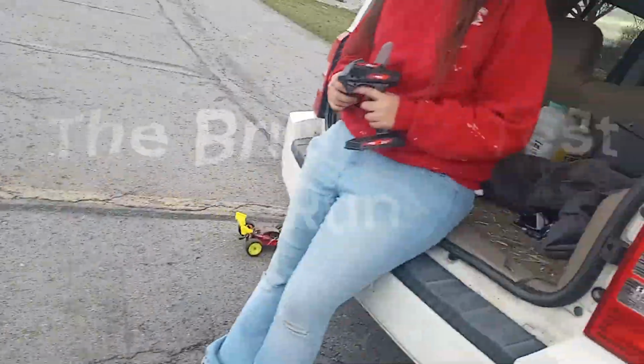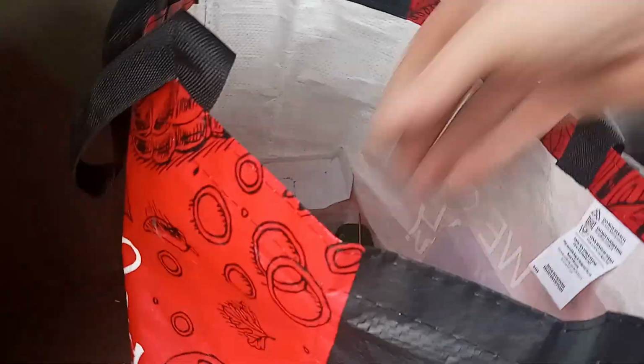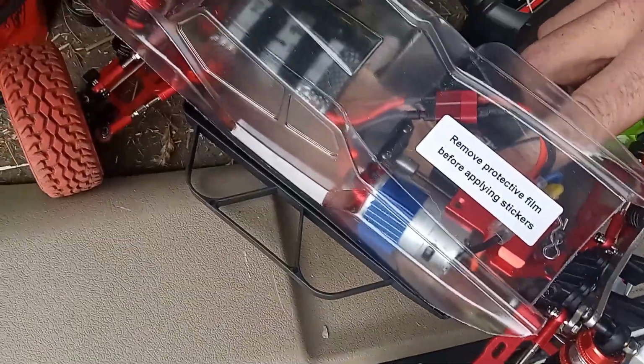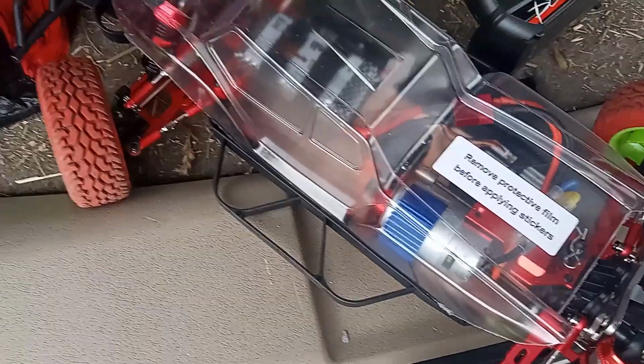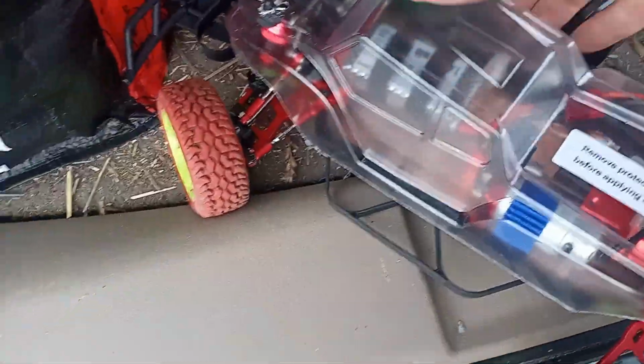All right, I'm gonna get out our new toy. We'll see this thing set up. I just threw in a brushed 390 on her. We'll see how it's using the one from the WL and the Eachine. Okay. Haven't done anything to it. It's just